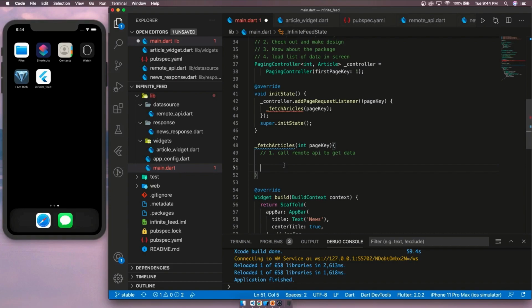In this method, we will fetch articles by calling the API. I am returning a list of articles from the getArticleList method. So let's write this.